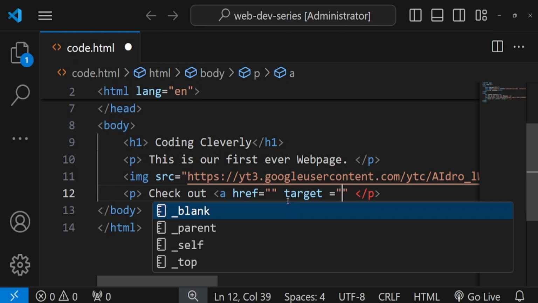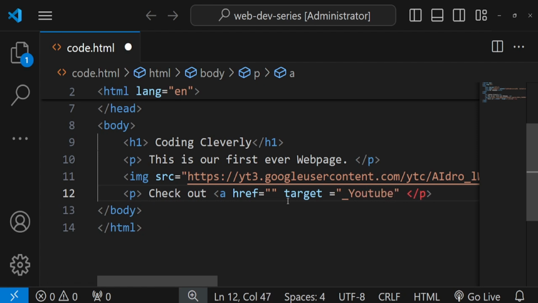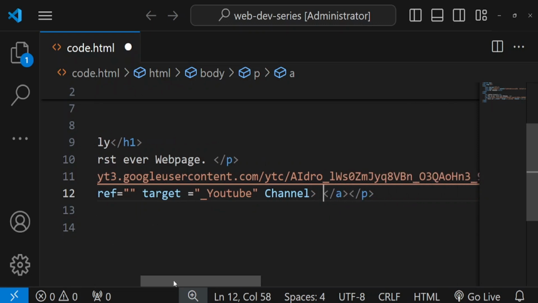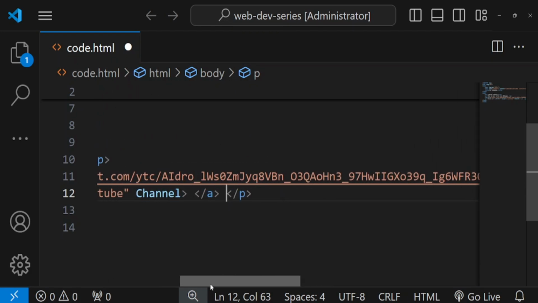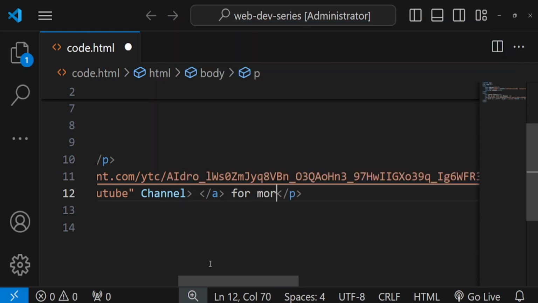And inside this, I'll tell what is this underscore YouTube. I'll tell this is a YouTube link. So after writing this, I'll write channel. After writing this, I'll close the anchor tag. As we see, we open that, we'll close this YouTube, and afterward this will be closing our anchor tag too. Anchor tag was done by itself. And then you could see, check out YouTube channel for more